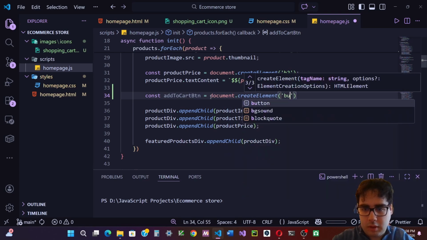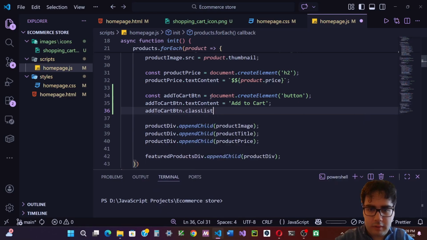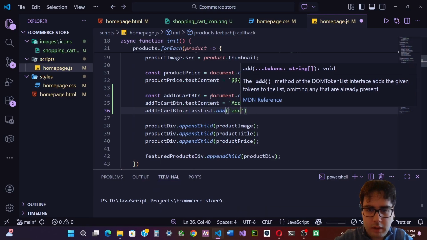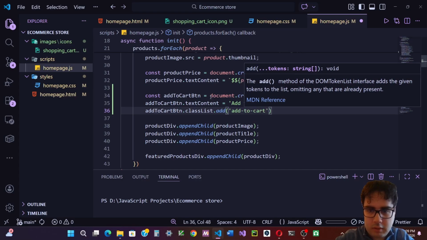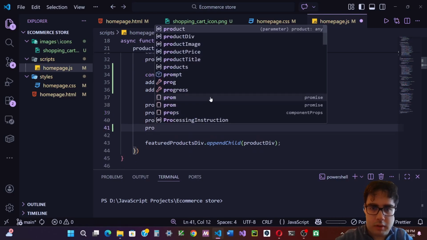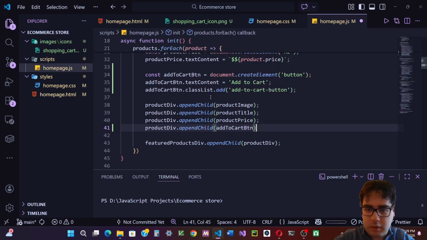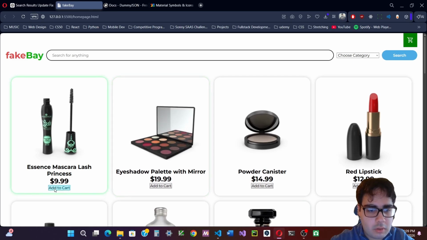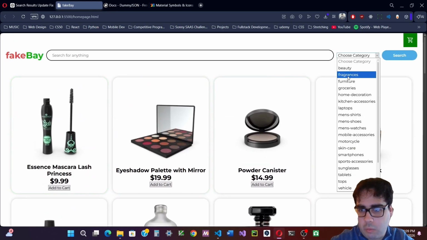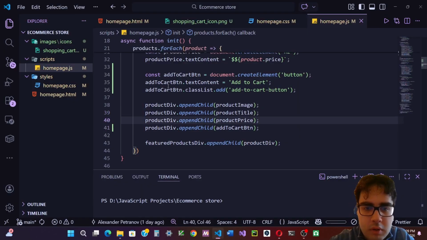document.createElement a button, add to cart button dot text content is gonna be equal add to cart, add to cart button dot class list dot add, add to cart button, and then product div dot append child, add to cart button. Okay, there we go. But now if we do this, we don't get it, so we're gonna have to get